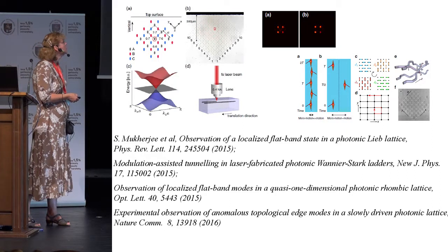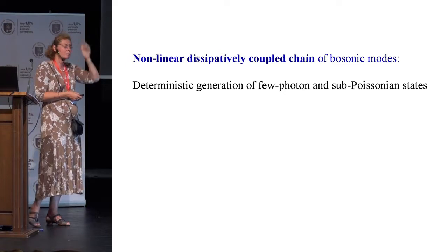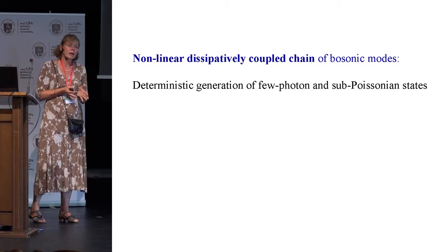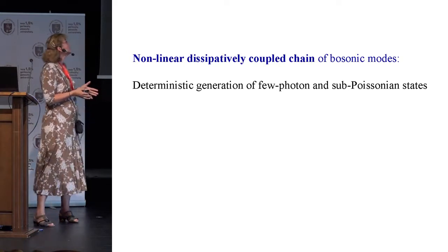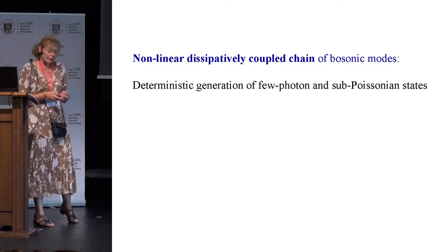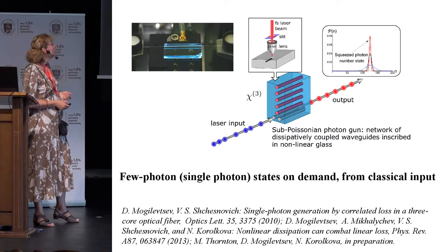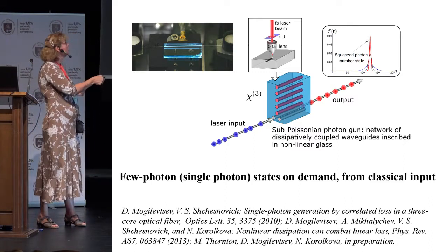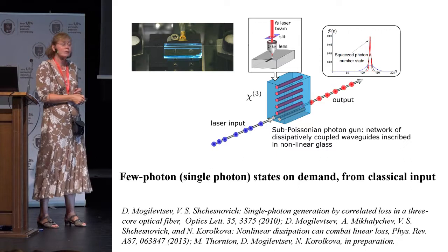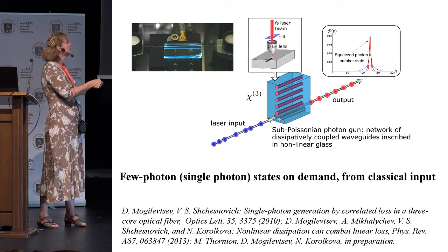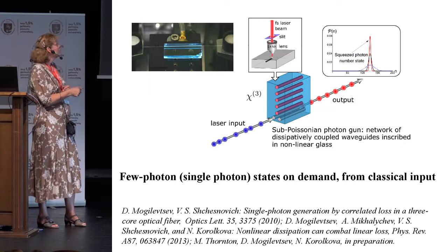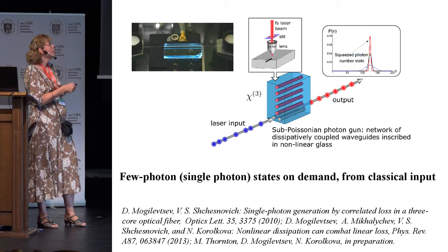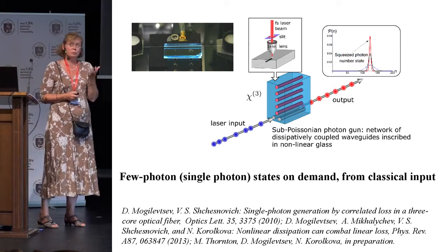The other direction, which I want to concentrate on in the last part of my talk, is to include nonlinearity and to try to use the system as a deterministic quantum source. So let's see what I have in mind. We take now only this elementary circuit, which I showed you in the beginning, just two waveguides coupled to a lossy waveguide, or in other words, I have these two waveguides and the tail. And I have just a normal laser input. And I want to get at the output a single photon or strongly sub-Poissonian light.